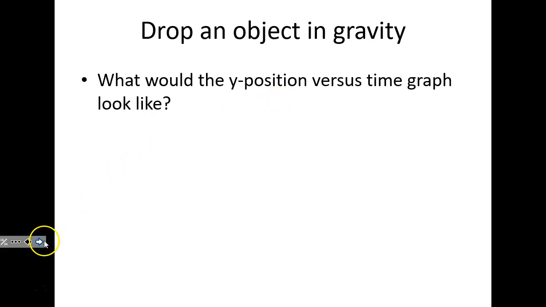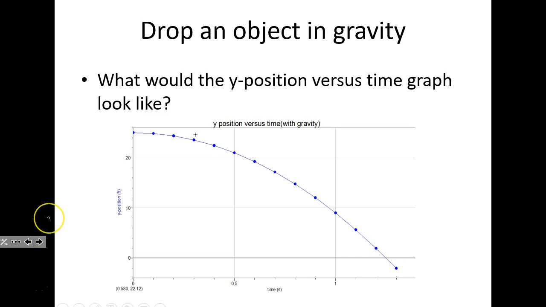We had x position and y position versus x position, but we didn't have it versus time. So this is what it would look like. We've got a negatively sloping curve here. It's becoming more and more negative through time. Of course, this is a parabola, so we would theoretically have a left-hand side also. We'll talk about maybe where that could be. But just for an object that's dropped from a high position to a low position,